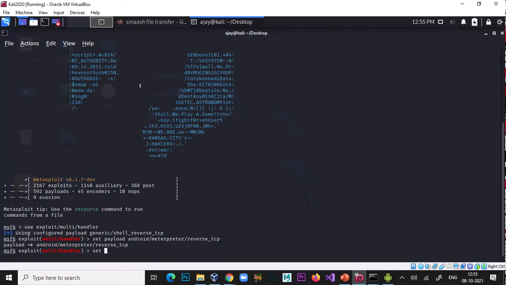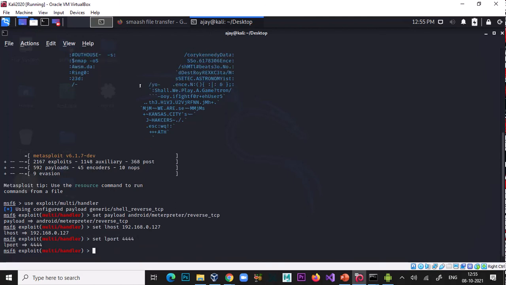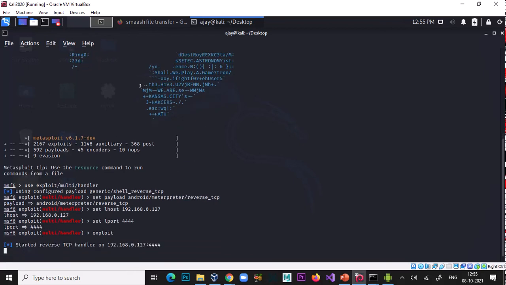Set lhost 192.168.127.7, set lport, and just exploit it.